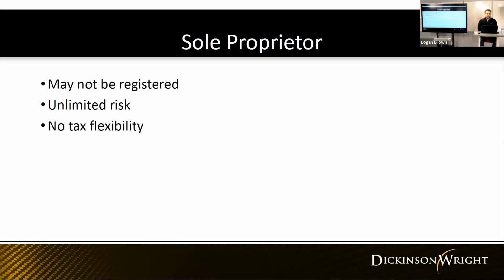As a sole proprietor, you and all of your personal assets are at risk, which means everything you own may come into play if you become sued for the act that you did that caused this damage to somebody in the course of performing a business as a sole proprietor. So say you cause $1 million in damages, they can come for you, all your bank accounts, all your investments, potentially your home. There are ways to try to get around that through the bankruptcy process, but just to know generally, if you're acting in your business as a sole proprietor, you are at unlimited risk for any damage that you cause.